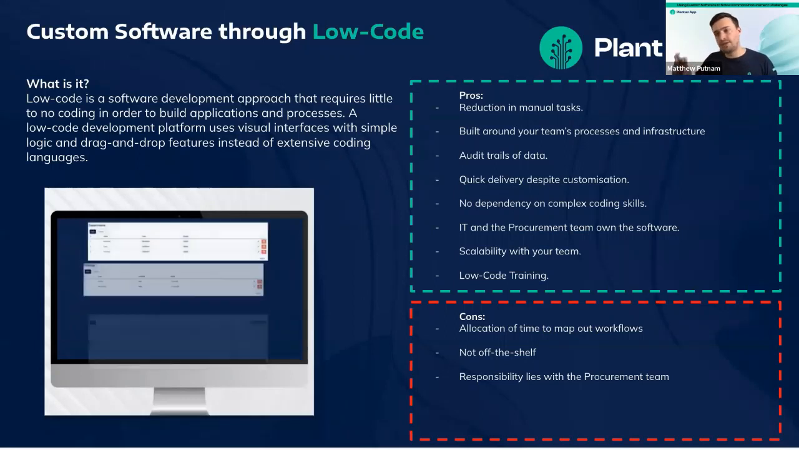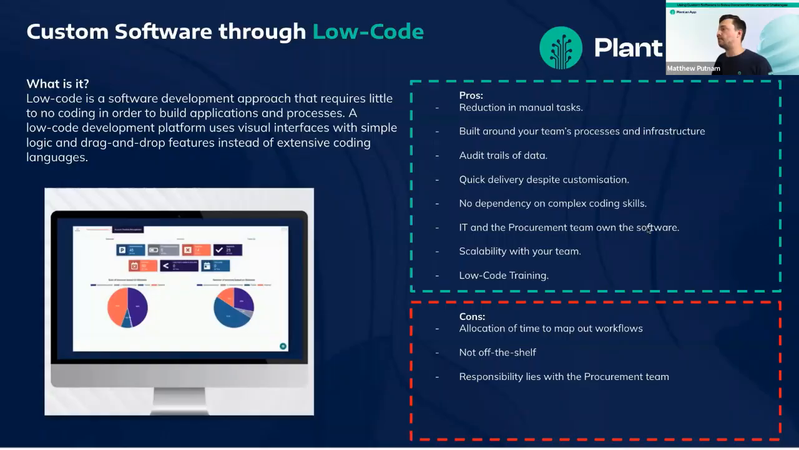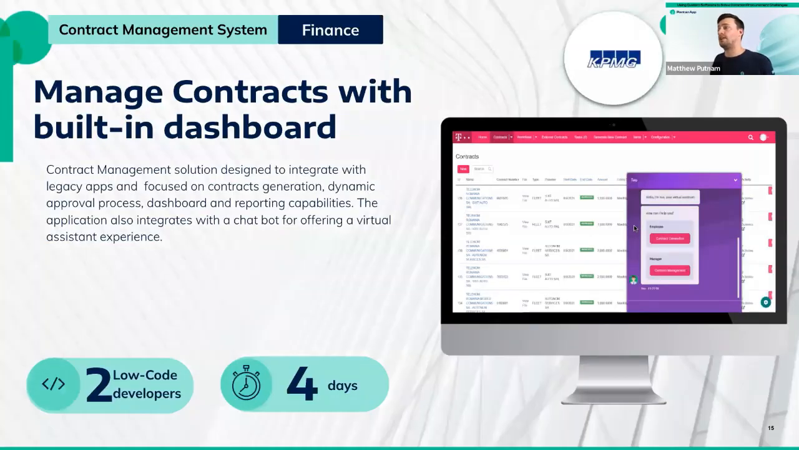So there are the three options. Now what I was going to do is show you a couple of examples of some software that's been developed using PlantSnap. The first one was a project worked on with KPMG, and it was all about contract management. So I'll just pull that onto the screen now, make sure that's all loaded up. So the context behind this project was